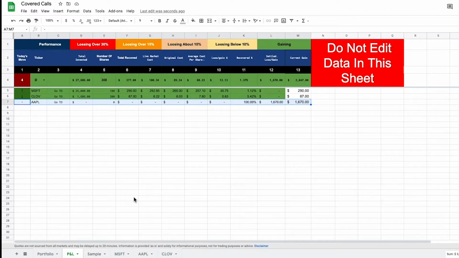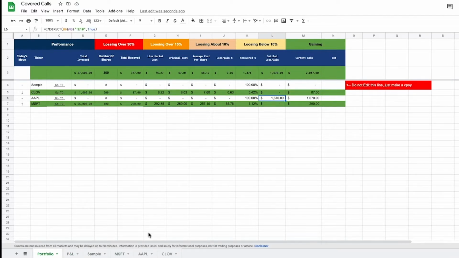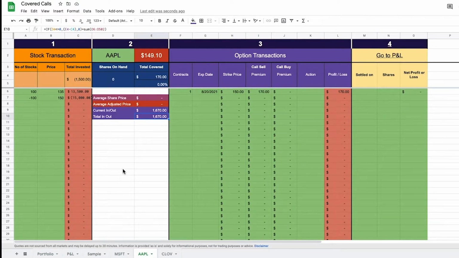That's all. Now the next question is, let's say we bought another 100 shares of Apple. Let's say this covered call has been closed completely for a few months and now we bought another 100 shares of Apple. What happens is if you keep adding into the existing sheet, it will start calculating from the beginning. So let's say we bought another 100 shares at